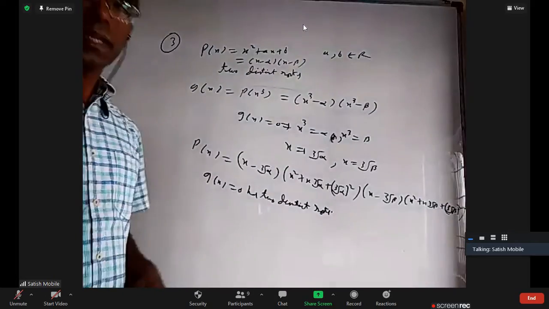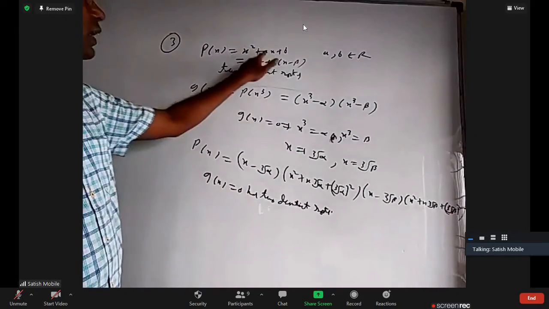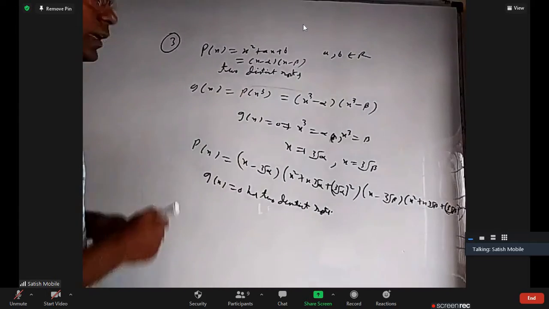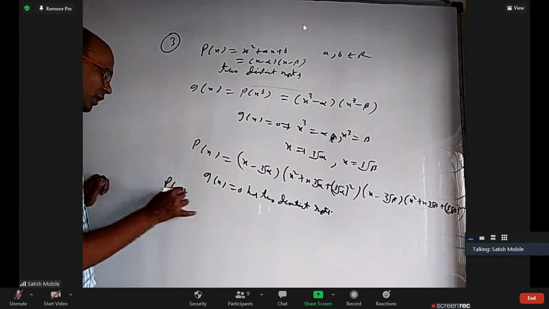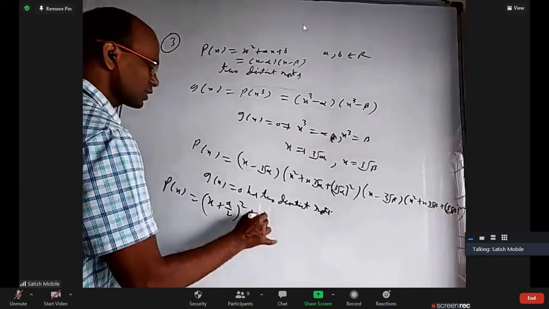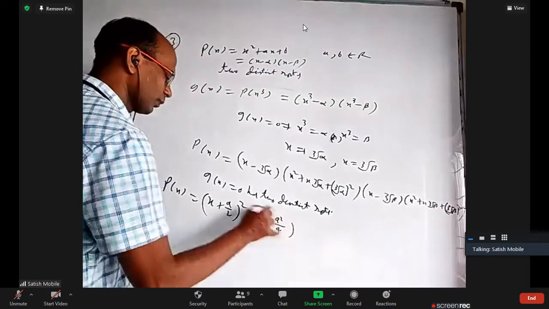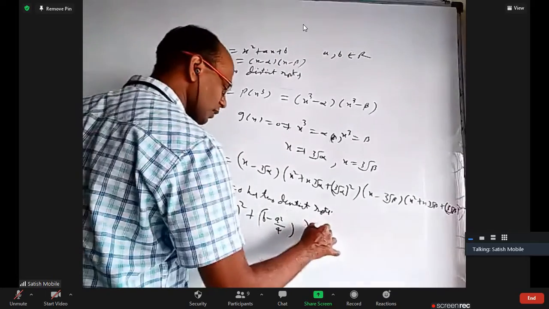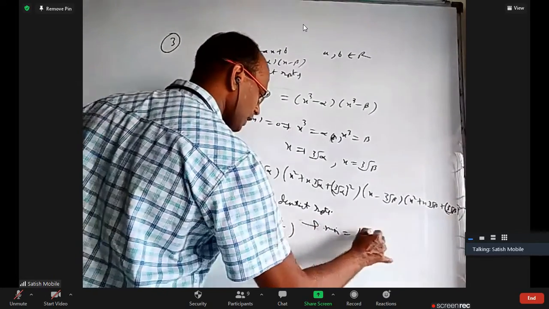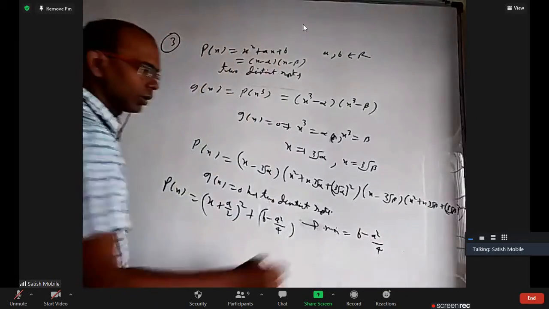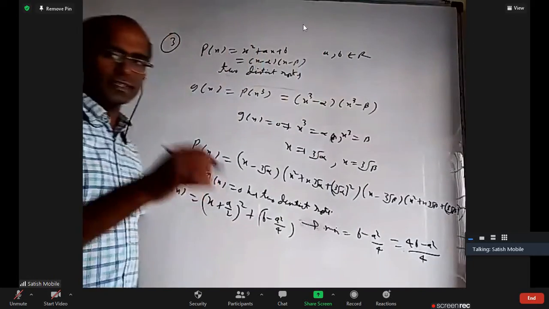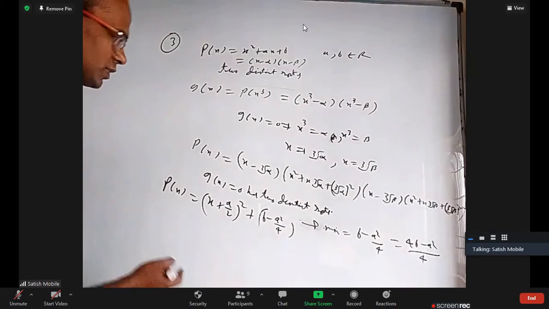That is one way. And the way to understand this is, whatever is the minimum of p of x, g of x minimum is also that only. Why? Let us say p of x, if I make perfect square, I'll get x plus a by 2 whole square plus b minus a square by 4. So for p of x, what is the minimum? b minus a square by 4, or 4b minus a square by 4. Okay, 4ac minus b square by 4a, also you can use the formula same.